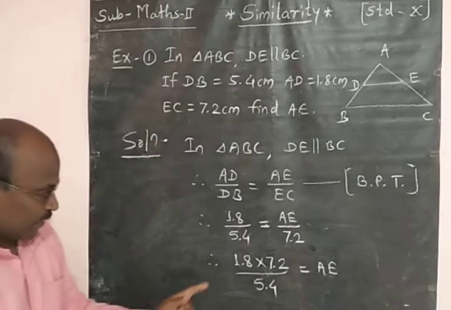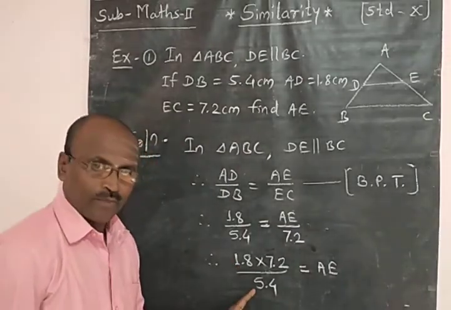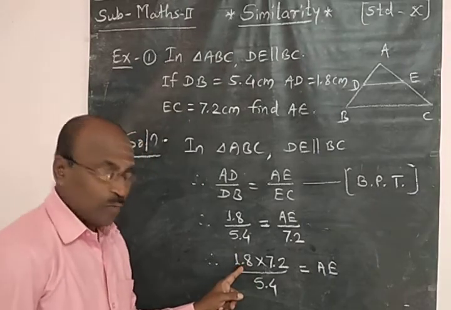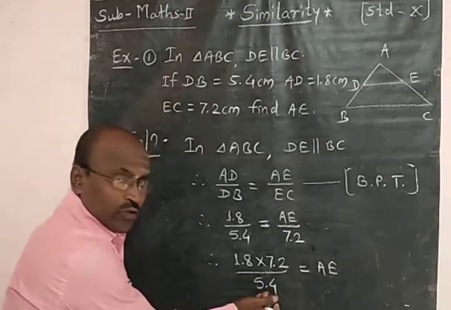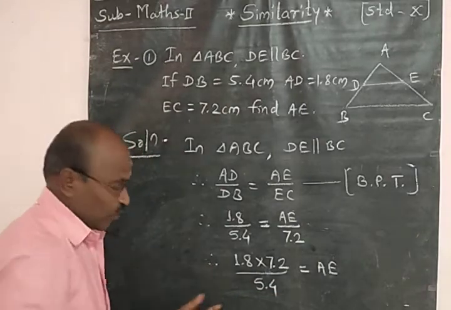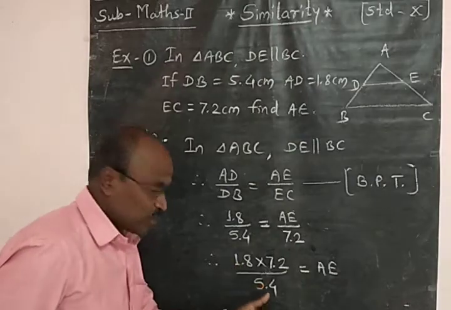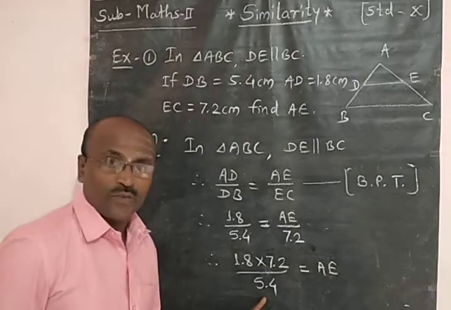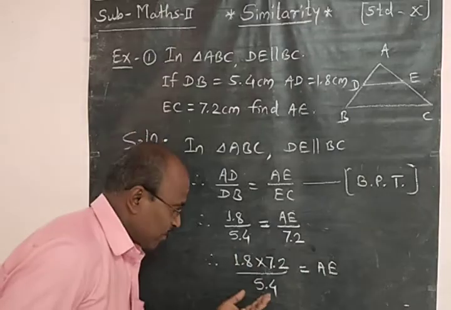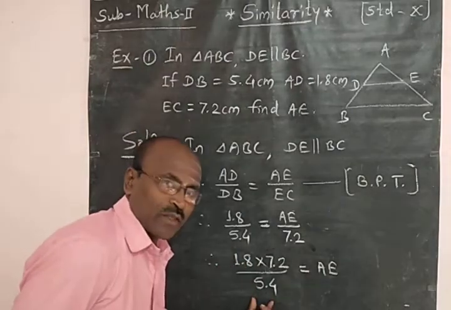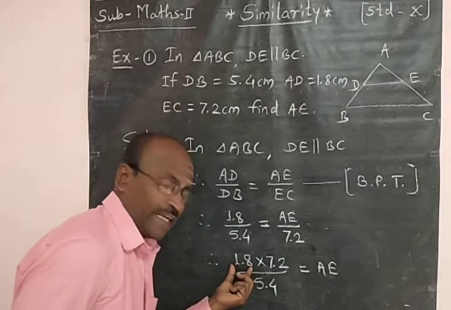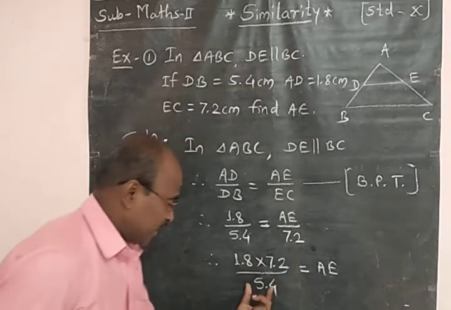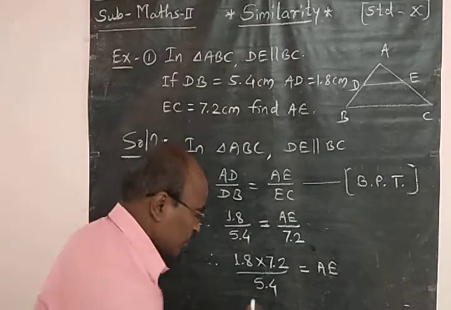Then divide by 18 here. Look, does it divide by 18? Here is the decimal point after one digit, and here is also the decimal point after one digit. Therefore these two decimal points are eliminated, so it becomes 18 and it becomes 54. Now divide 54 by 18. 18 ones are 18, 18 threes are 54. So here we will get 3.